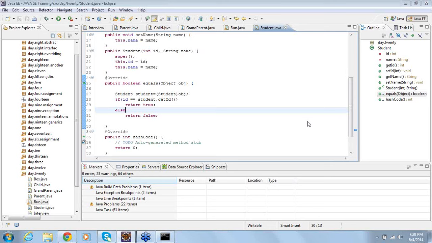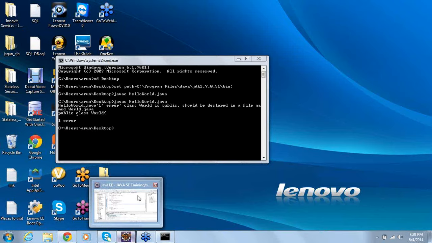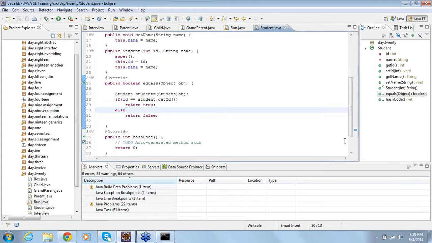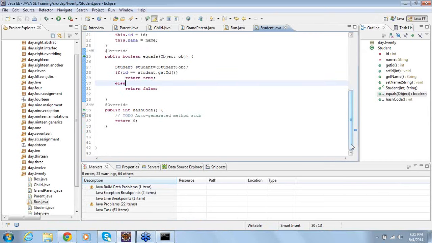Rather than calling it a memory address, it is better you call it a unique value for every object. Because we don't do any pointer arithmetic or address arithmetic, we are not sure whether it's a memory address or a unique value for every object.